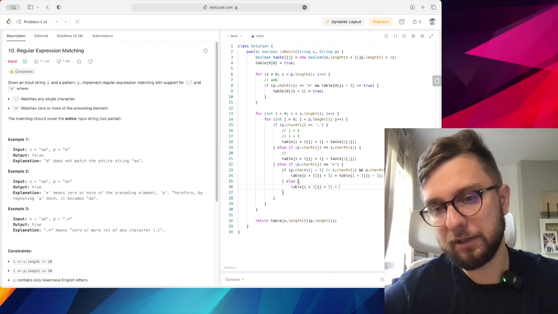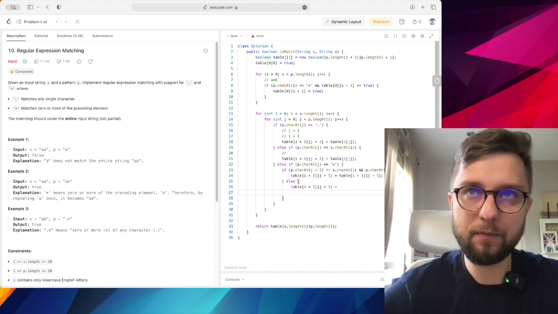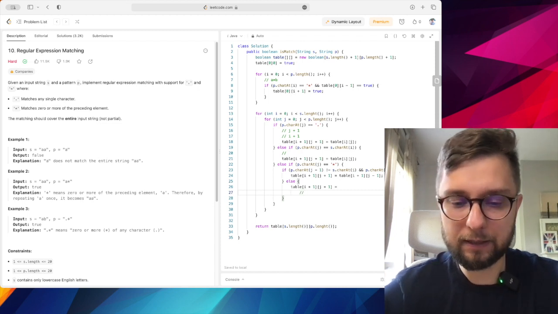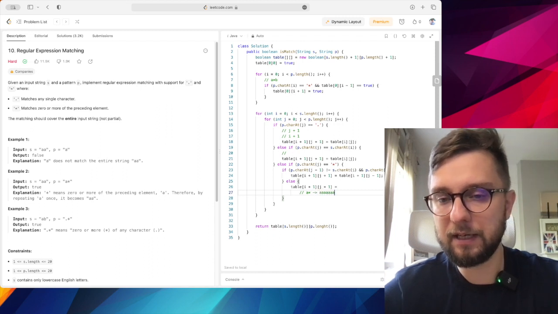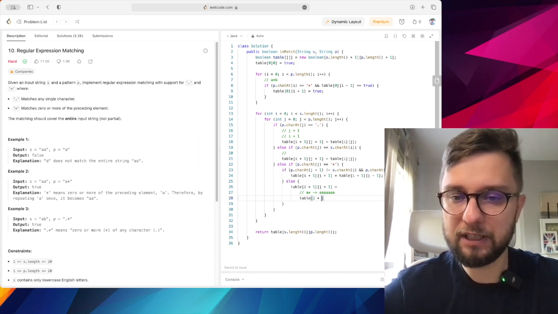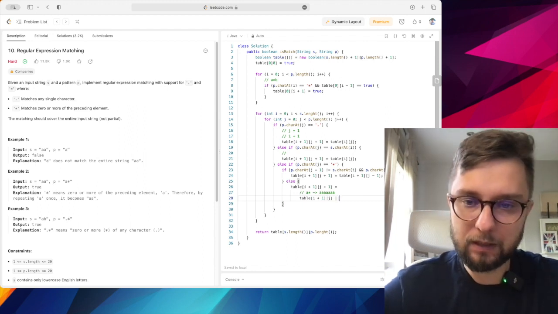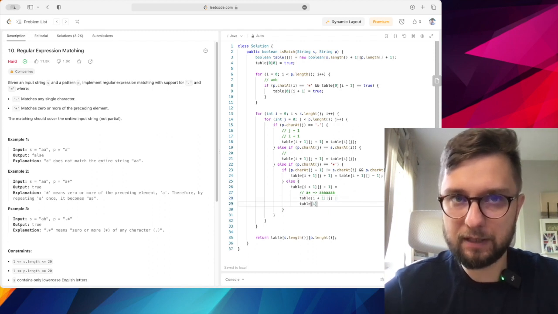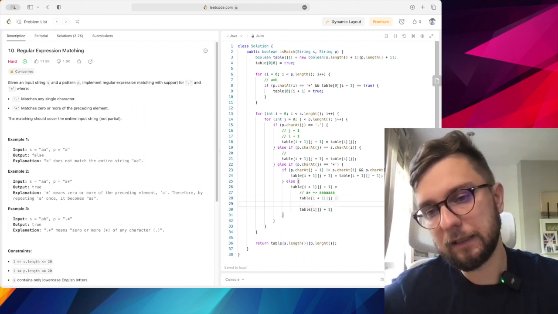And here we have a condition. We need to cover multiple scenarios. So for example, the scenario when there were multiple characters, like a star in the pattern and a string like a. So we need to say that it will continue to match if in the previous column it was matched. Or we also have the same scenario, table e and g plus 1. This covers the scenario like